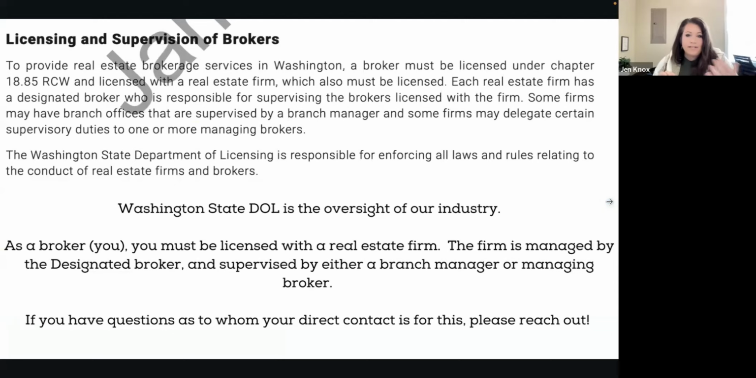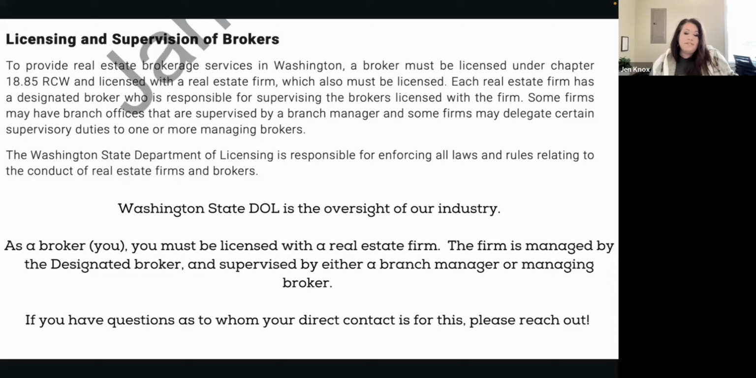So I've just cut and pasted a few things from the agency law pamphlet. We need to remember that we are overseen by the Washington State Department of Licensing. And that Department of Licensing has rules and regulations that we have to follow in order to keep our license and be in compliance with our license. One of those things is you have to work under the supervision of a broker. So that would be in our situation, you work for part of the Madrona group that is overseen by the broker Joe, who